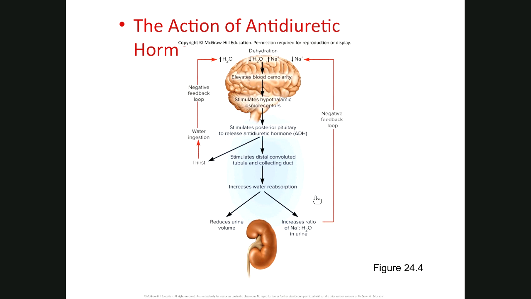Okay, here it shows also how the blood pressure increase or the blood osmolarity increases, stimulating hypothalamic receptors, which leads to increase in water reabsorption and therefore reducing the urine output because you try to reabsorb it. As this is pulled in, you are slowly increasing water, right? And by increasing water, you fulfill the dehydration need. Once this is filled up, there would be a negative feedback loop that would stop it so you don't increase the pressure at that point. We don't want to have blood pressure increase also.